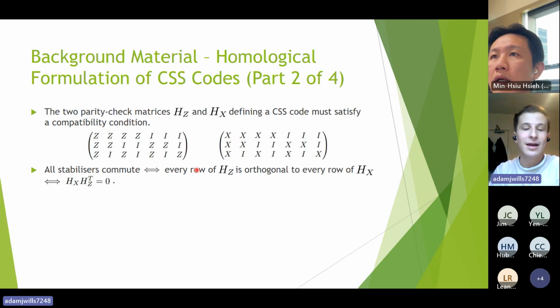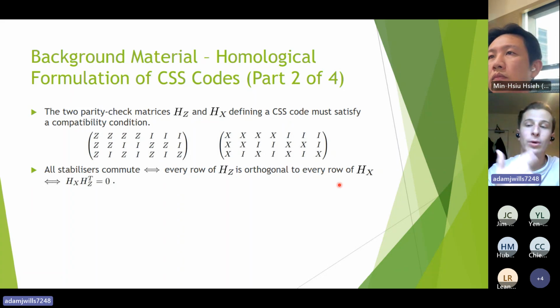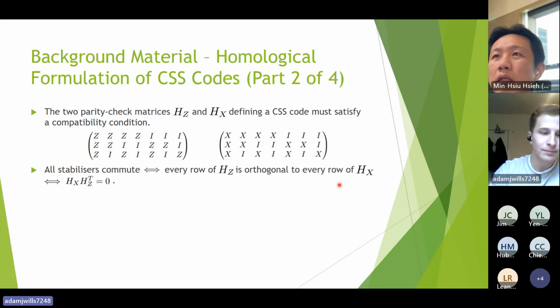And that's the same thing as saying that every row of the binary parity check matrix HZ is orthogonal to every row of the binary parity check matrix HX. And that again is just because this is going to commute with, say, this, if and only if they have an even sized overlap. And that is exactly the same as saying the corresponding binary vector is orthogonal to the corresponding binary vector. Remembering that orthogonal here is going to mean with respect to the usual inner product with arithmetic done over the binary field. And so that's going to be the exact same thing as this condition, HX HZ transpose equals 0.